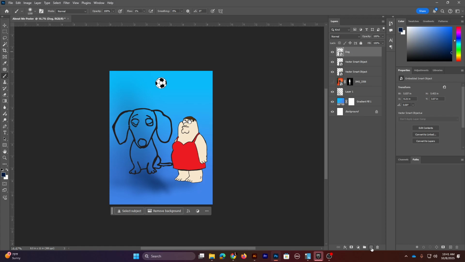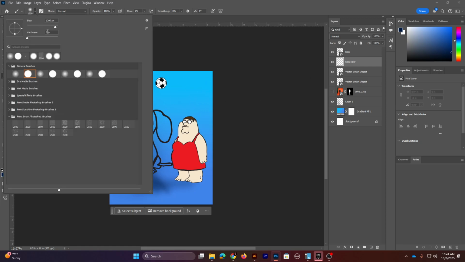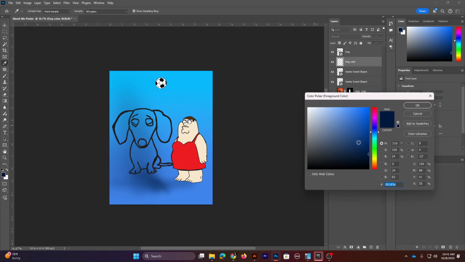I'm going to create a new layer and put it underneath, and I'm going to put dog color. And so for the dog color, that's where we're going to start coloring in. So we'll put the hardness at 100, lower this down, something like that. And let's make this dog be brown with some white spots or something. So let's go somewhere in here,